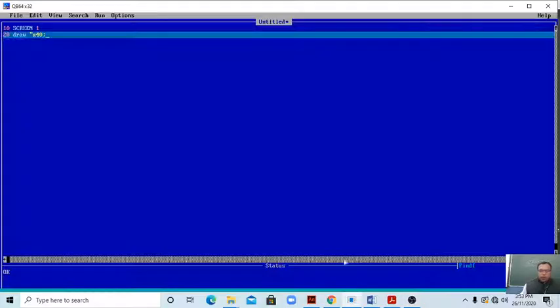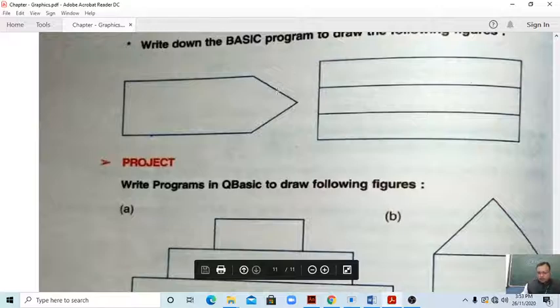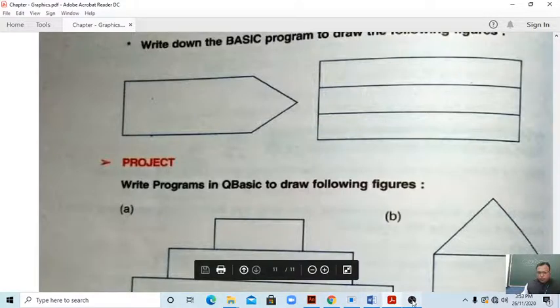We have to write U40, then R60, the line should be increased, then semicolon. Now where are we going, students? Now this way, for this we have to use the F.